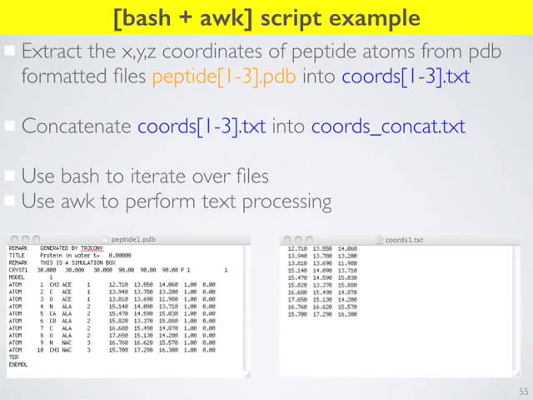So that's the plan. This is what peptide1.pdb looks like, and again, this is available on Compass or from that link that I gave you last time, so you can download and take a look at this. We have some header lines, and some information about each atom: its atom number, its type, the residue it belongs to, and then here's the XYZ data, and here's some other information like its charge or its B numbers, etc. The thing we're interested in is here.